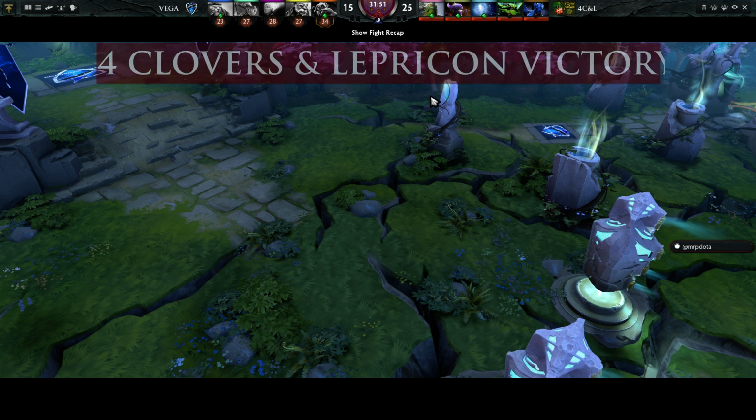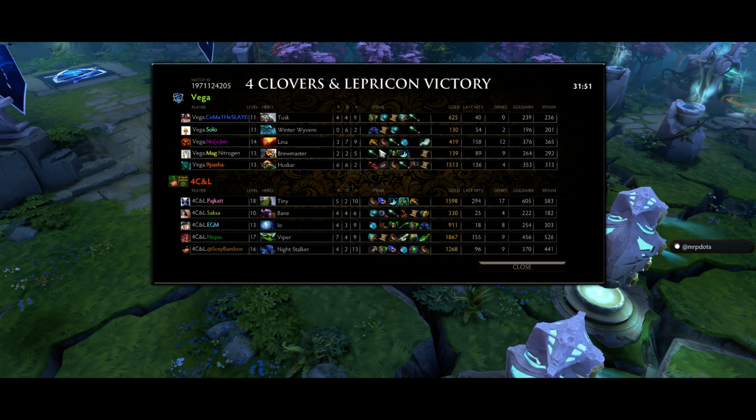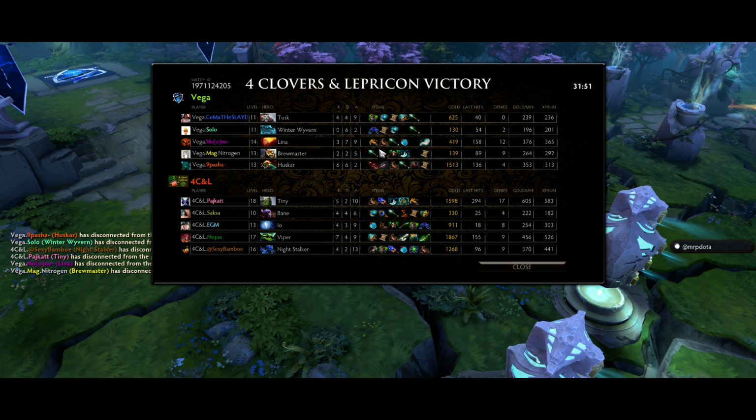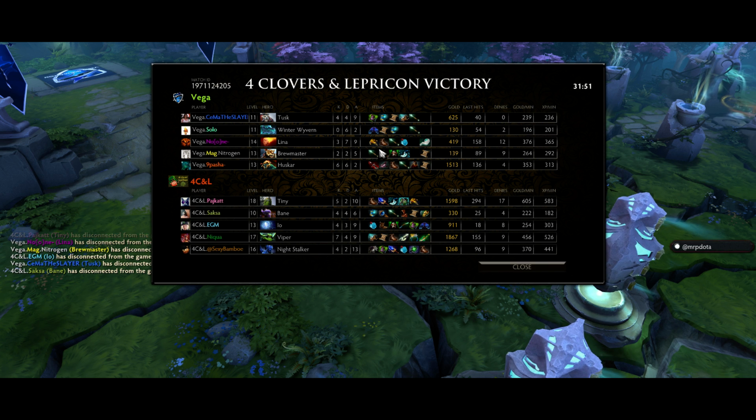Yeah, Vega understanding the state of the game, and it just felt like 4C&L's communication was paramount in this one. They really were able to use a great synergy of spells together and overlap them, and their item progression seemed to fit the game perfectly. They had what they needed for every